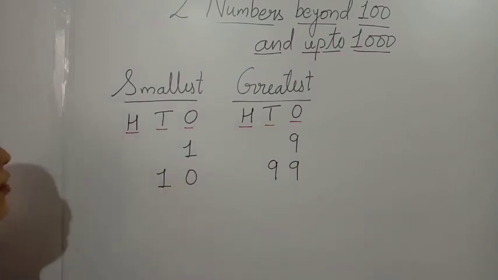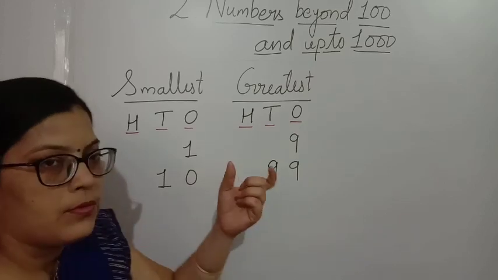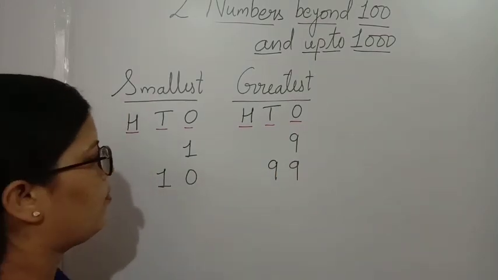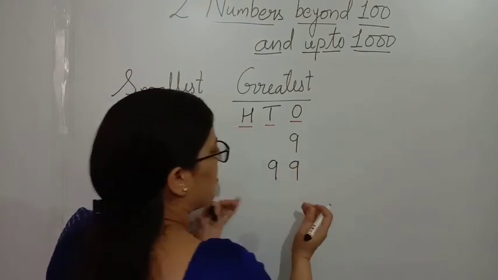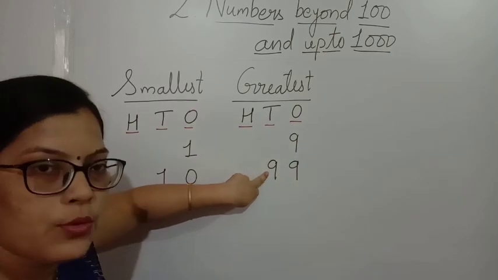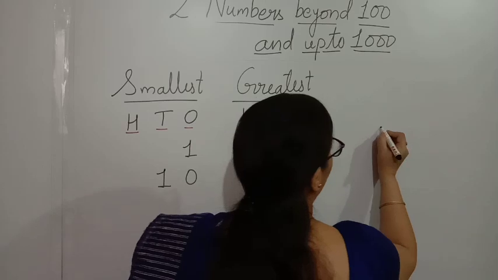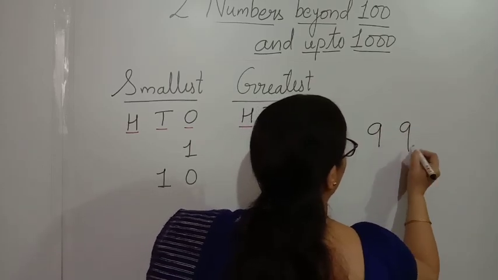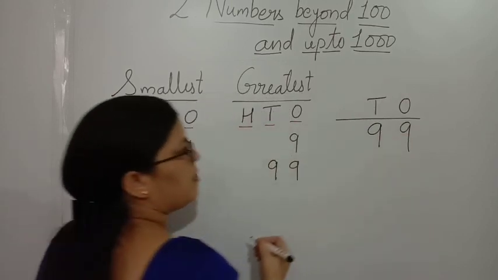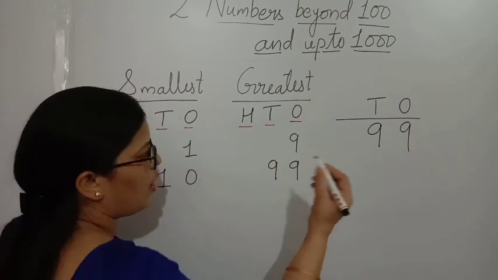Now, in my first session I explained which is the smallest 3 digit number, the number which comes just after 99. When we add 1 to the greatest 2 digit number, that is 99, we get 100. Now how do we add it? See here, we know 2 digit numbers have 2 places, ones and tens.